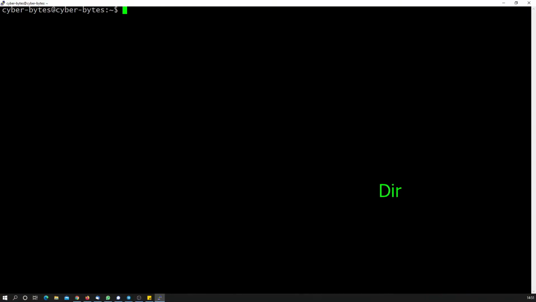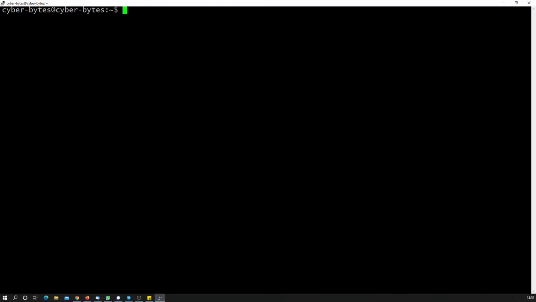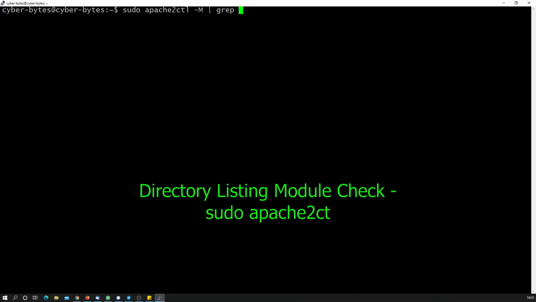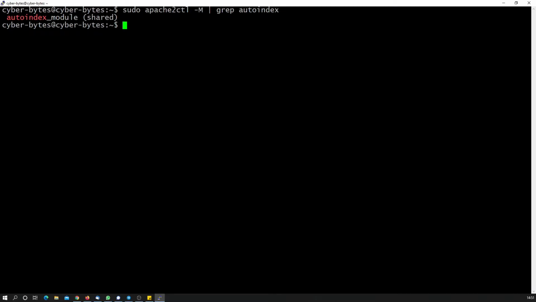Okay, now let us see how we can check whether the module responsible for directory listing, that is the autoindex module, is enabled in the Apache installation. By default, yes, it is enabled. We need to first ensure that it is enabled, and then we will see how we can configure it via the Apache configuration file and see the differences. So we'll be using this command. This is the module that is responsible for directory listing in Apache. To make it more secure, we can directly disable this module.